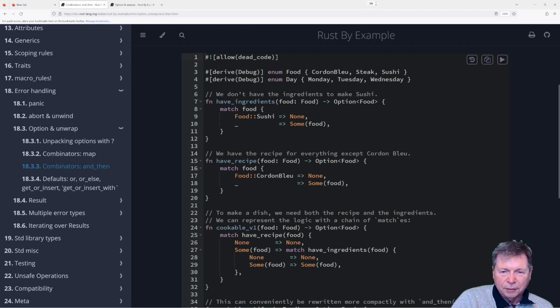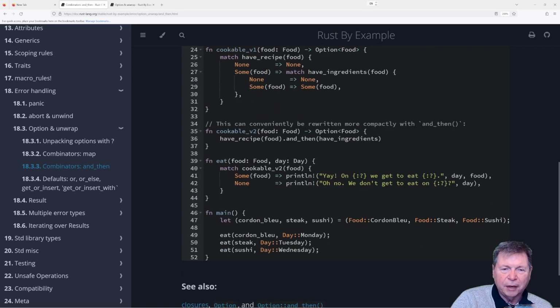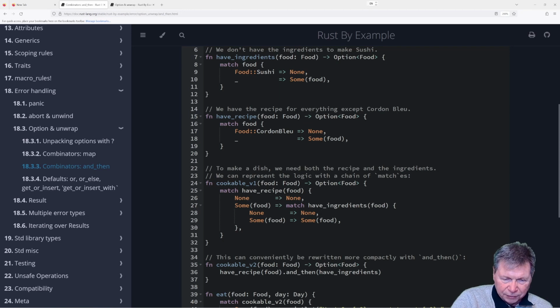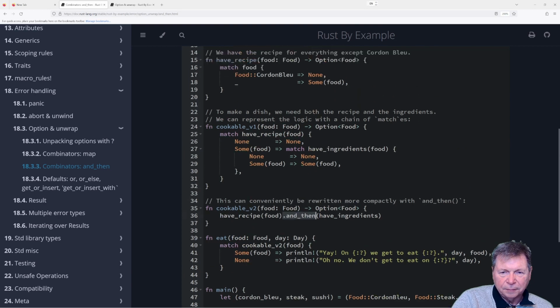Okay. So match food. Right, so we create all these matches for all these levels. And then we have an and_then. Have recipe. Where's have recipe?